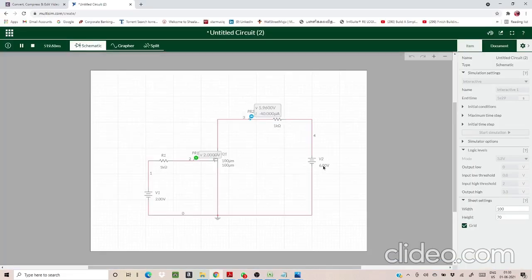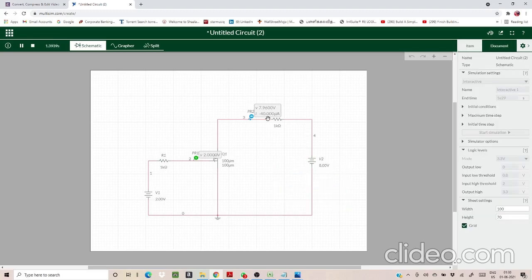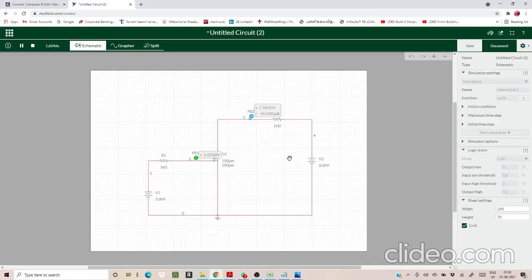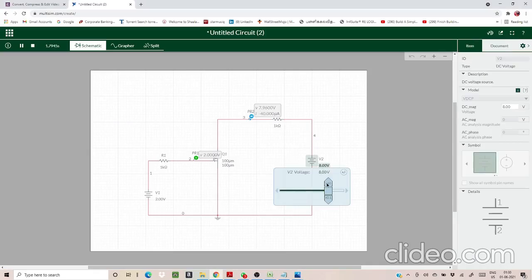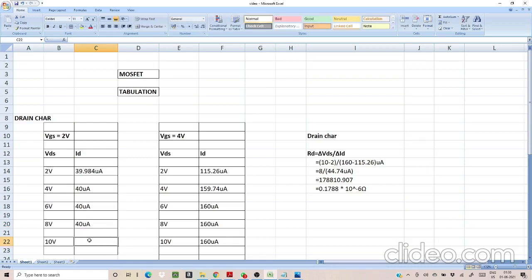Now I'm going to adjust it to 8 volt. Okay, it still stays in 40 microamp. Just note down the value. Now I'm going to adjust it to 10 volt. Okay, now it's still in 40 microamp. Okay, just note down the value.